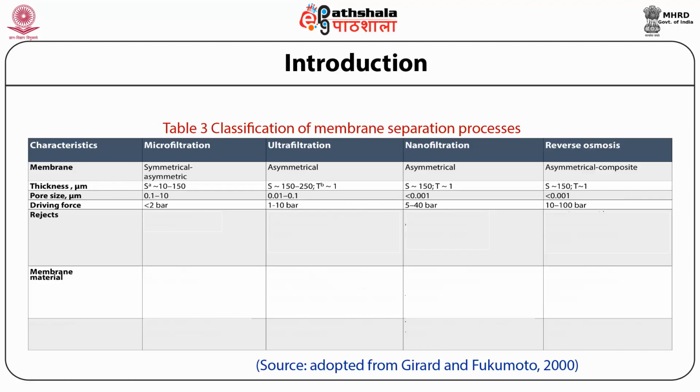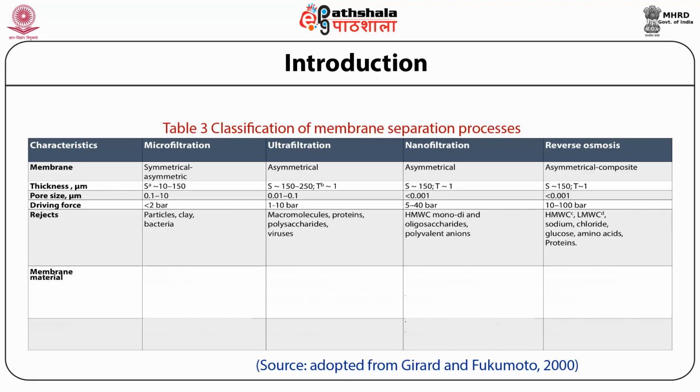So this range of applied pressure is varying, and you will find different values for this applied pressure in different notebooks for these 4 classical membrane processes. Which are the products which are rejected? So microfiltration rejects particles, clay and bacteria. Ultrafiltration rejects macromolecules, proteins, polysaccharides and viruses.